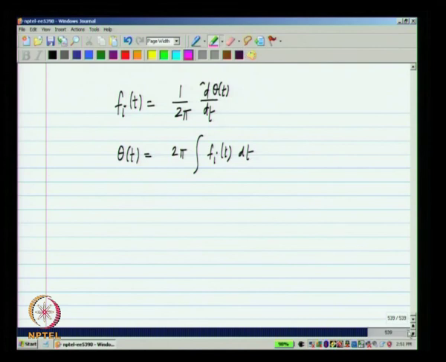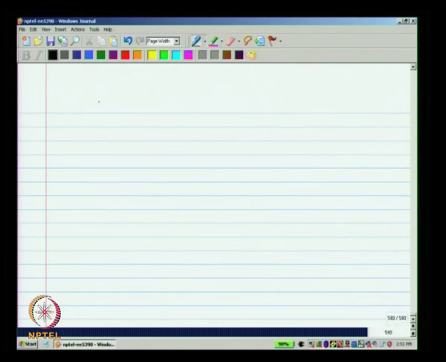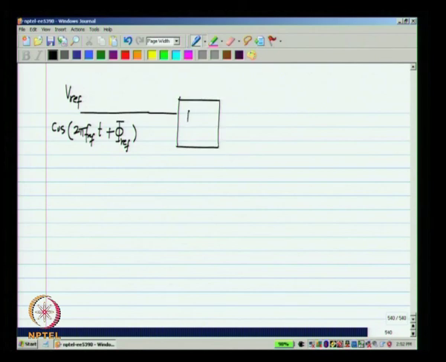So, what do we get in that case? We need some block that measures the phase difference between these two,